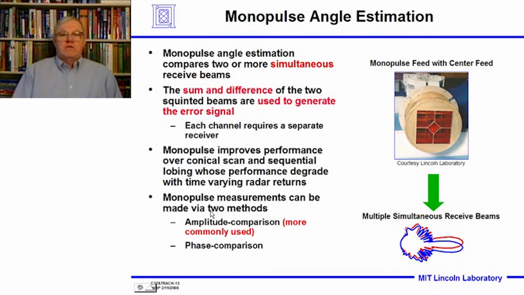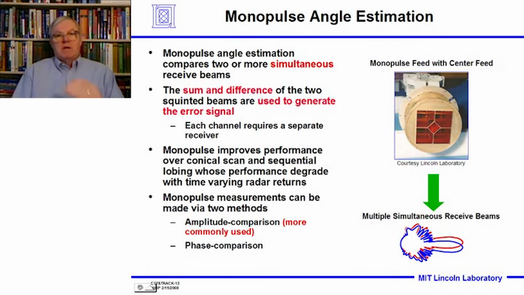Now I'd like to move to the third technique, monopulse estimation. And monopulse estimation compares two or more simultaneous receive beams at the same time. And this is going to require simultaneous receiver channels to process the data. And what we do is we